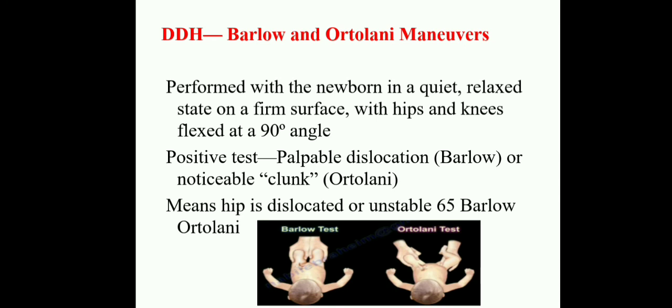Okay, hip dislocation or unstable hip, that is positive Barlow, Ortolani. Whenever the baby's hip is unstable, that is positive Barlow, Ortolani, they recognize that as a positive sign. Okay, at 90 degrees flexion only, whenever we hold the knees of the baby, we will easily recognize some deformity. Okay, that is called the Barlow and Ortolani maneuvers. These are the two signs we will recognize in children with DDH conditions.